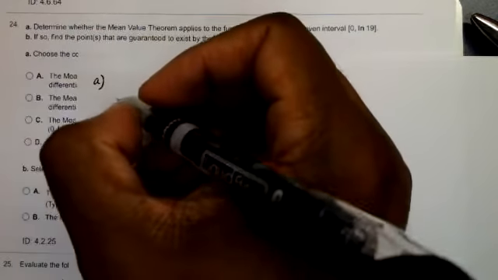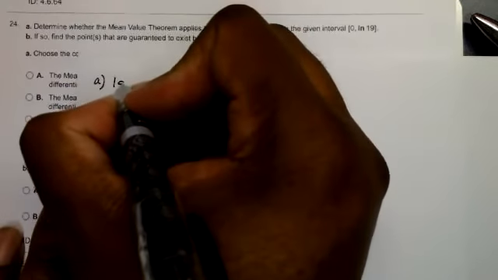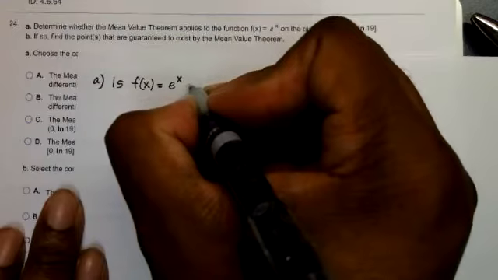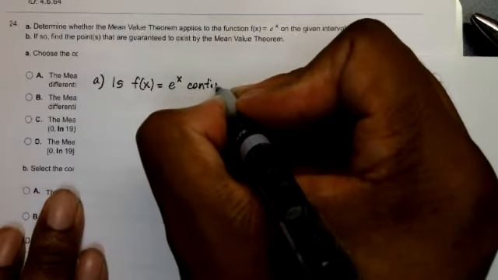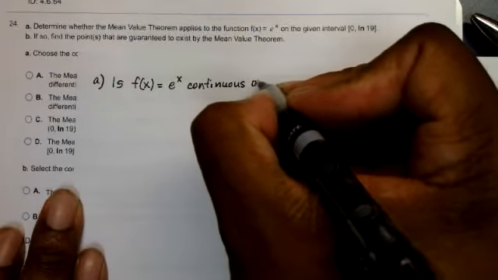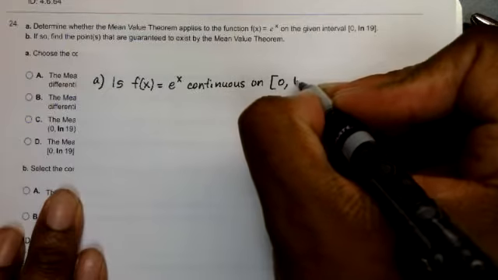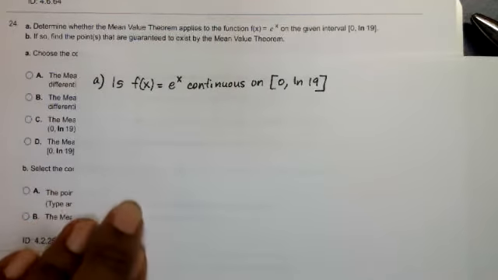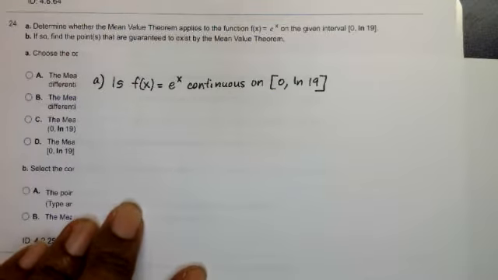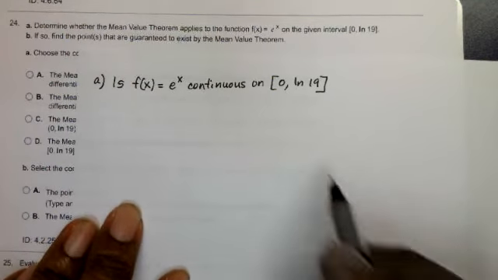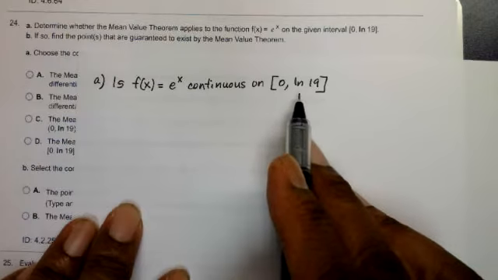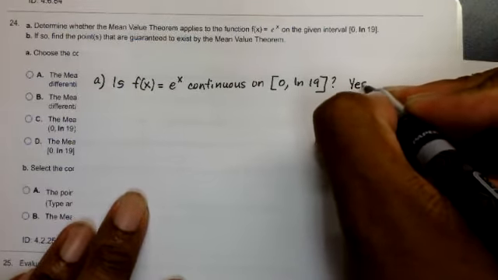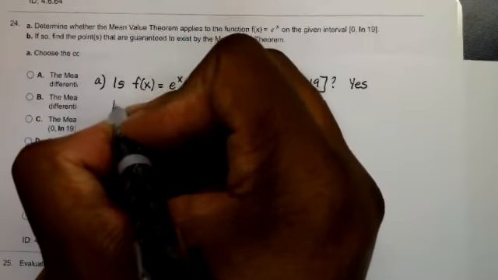And that's this. Is f of x equal to the function e to the x continuous on the closed interval 0, natural log of 19? And pretty much with e to the x, any x value that you assign to it within this interval, you're going to get a value for f of x. So that answer there is yes. And then the second question,